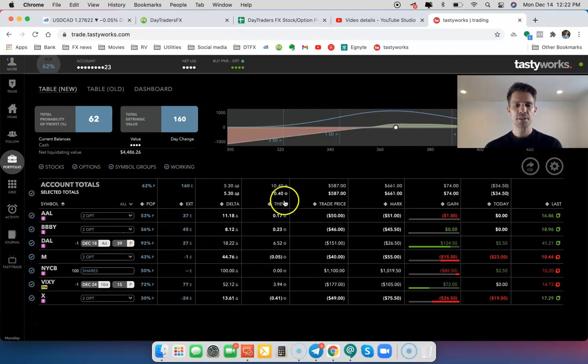And you've got a lot of the basic things here that you can also customize, your delta, theta, all of that stuff. But that's pretty good there. That's pretty good basic stuff. Now, as you go down the line, delta, theta,